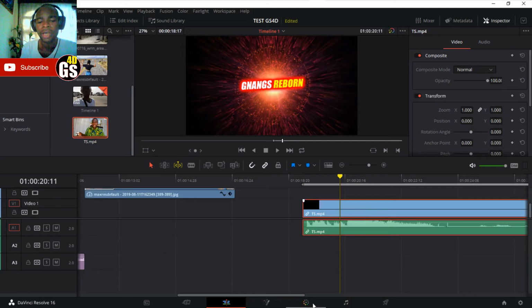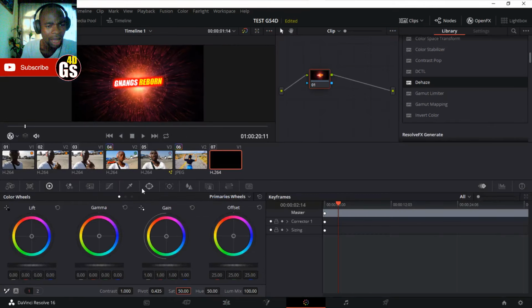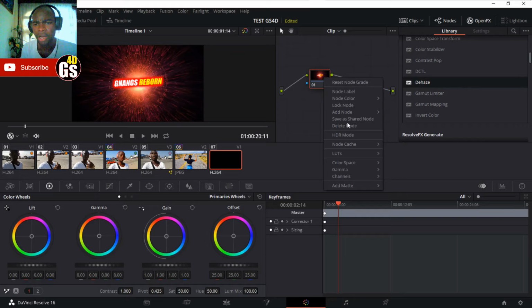There's also something I want to show you. As you can see, you have HDR10. When you come here, you can right click and add HDR mode.